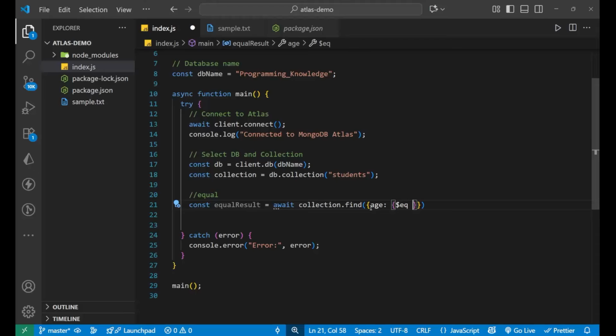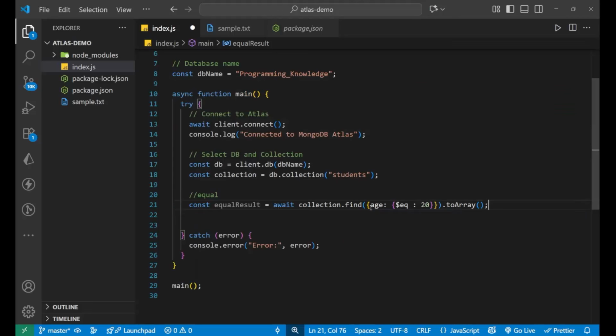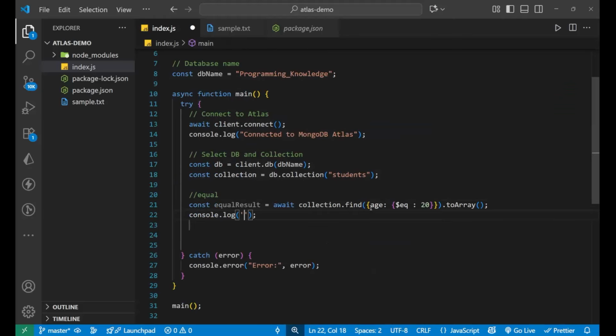Eq, and age to be 20, right? And after getting the data, let's say that there are a lot of data where the age is 20, right? So to get those data, I need to convert them into the array first. So toArray, like this, right? And then print it, console.log